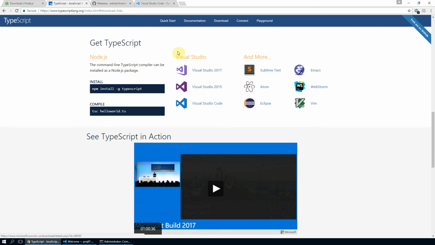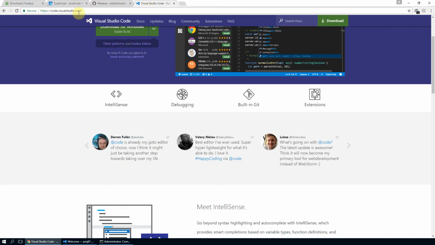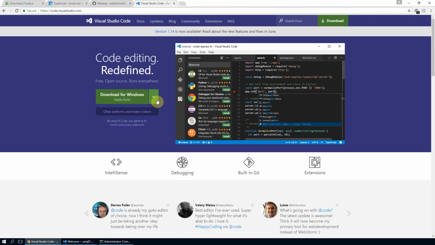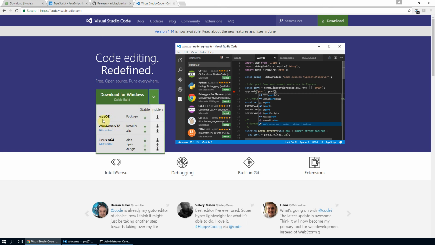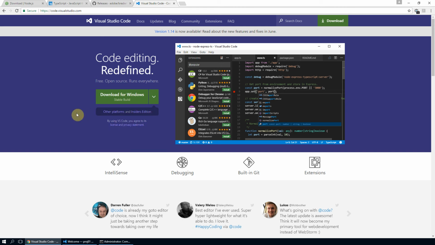You should visit code.visualstudio.com and you will see installer for your various operating systems. Let's suppose you have got Mac OS, then you have got installer for Mac OS and installer for Linux also. So depending upon your requirements for the operating system, you can download one of these installers.